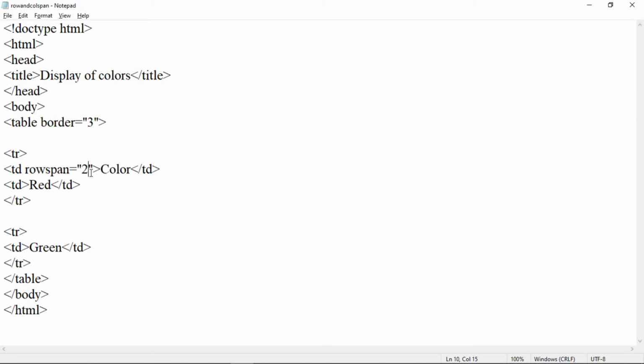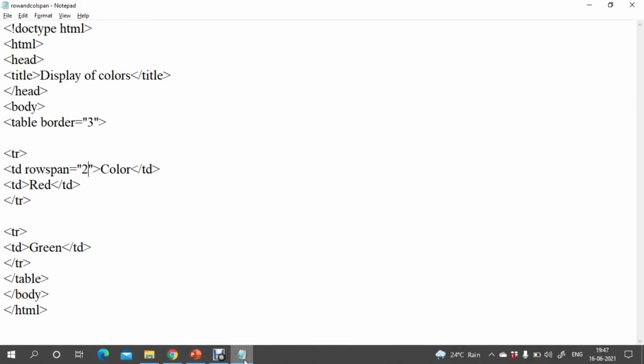2 rows are merged. Now if suppose we want to merge two different columns, like suppose see here, within this first row 2 columns are to be merged, and here the colors heading should be displayed, and red and green colors are to be displayed on the second row content.